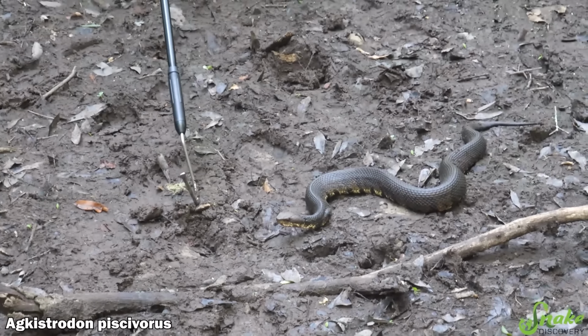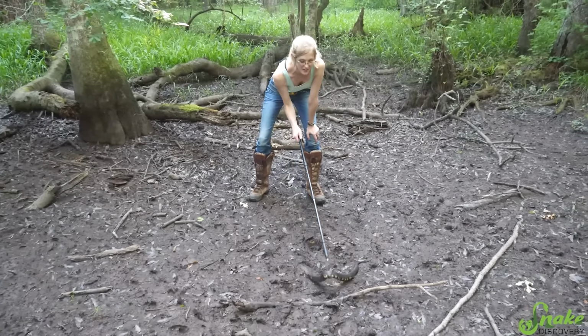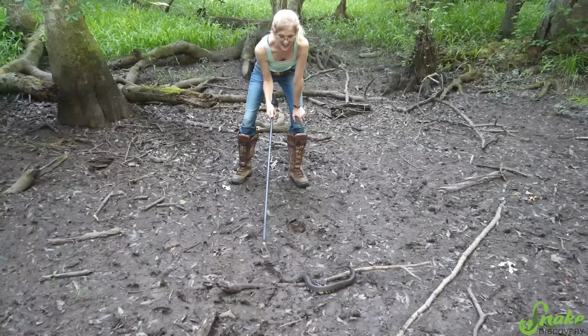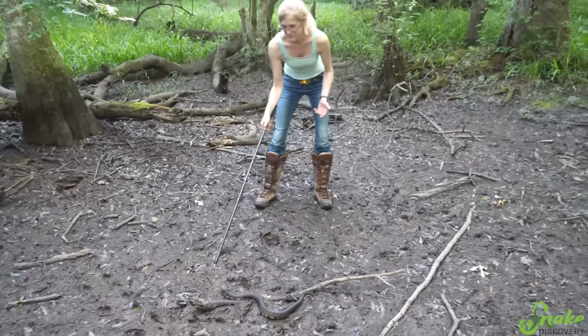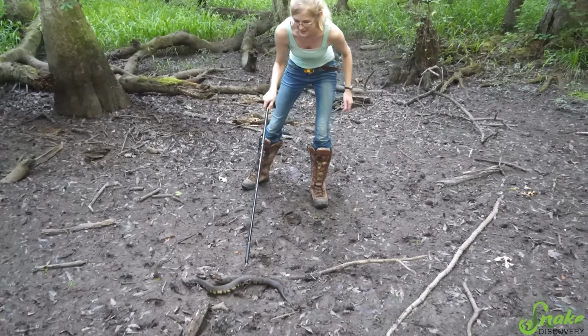The way I remember Agkistrodon is "Agkistrodon, and I liked it." And you are such a nerd. That's how I remember their genus. And although I thought I came up with that myself, Dave Kaufman also uses that phrase. So apparently he stole it from you. Maybe he stole it from me. We'll say that. Yes, we didn't just come up with the same thing. So anyway,